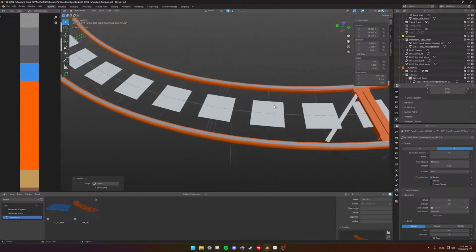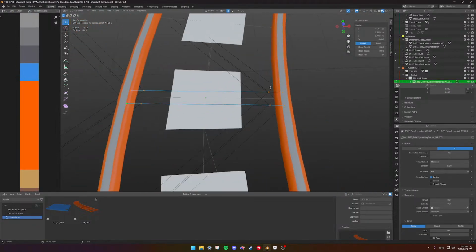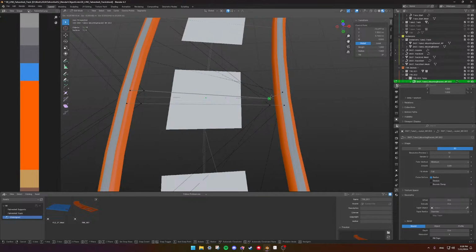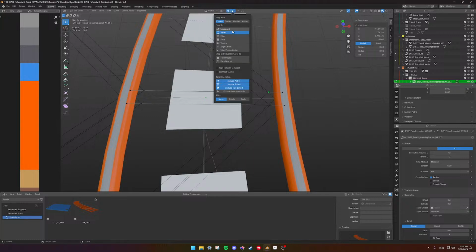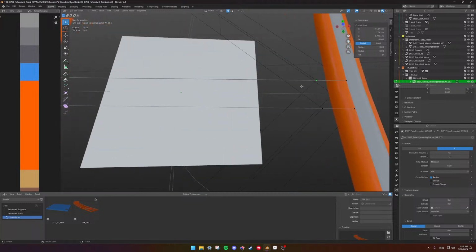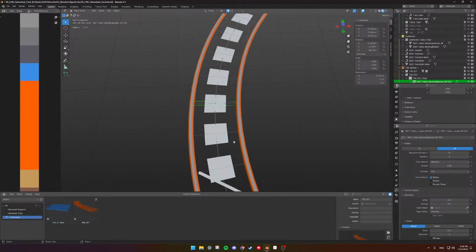So I have all the cross ties here. On each cross tie, it looks like this curve here, where it has these points. And whenever you have the snapping tool on, set to vertices or vertex snapping, when you snap to a mesh vertex, it's a square. When you snap to a curve, it's a circle with an X in it, okay? So what we're gonna do,